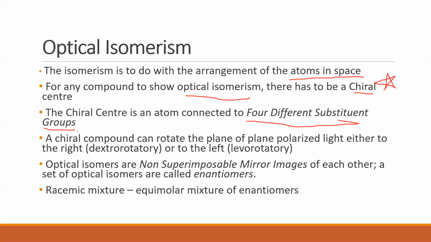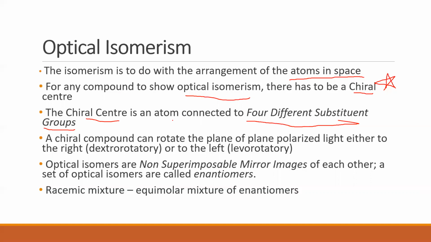Clear? Now a chiral compound, who is a chiral compound? Anybody who has a chiral center. Now, what is a chiral center? It is an atom. Basically, here we are talking about carbon. So, it is a carbon which is attached to four different groups. Now, we know the valency of carbon is what? 4, which means it can have how many bonds around it? It can have 4 bonds around it. Now, all the 4 bonds around the carbon atom should be with different atoms or different groups. If such a carbon is seen, we call that carbon a chiral carbon or a chiral center.